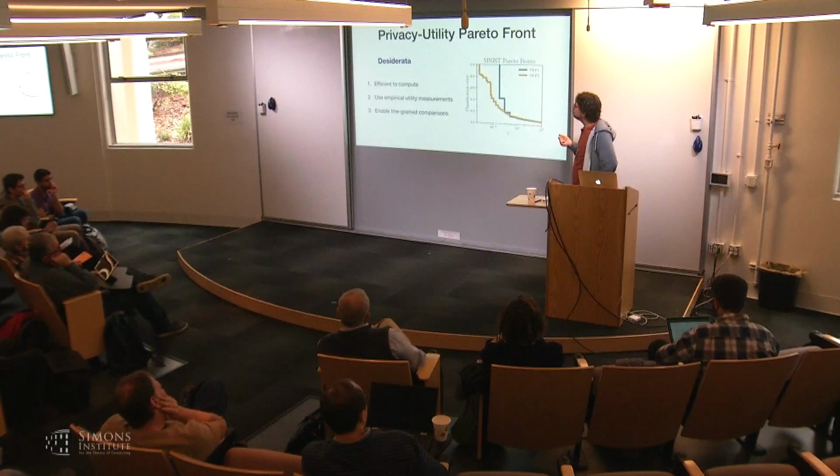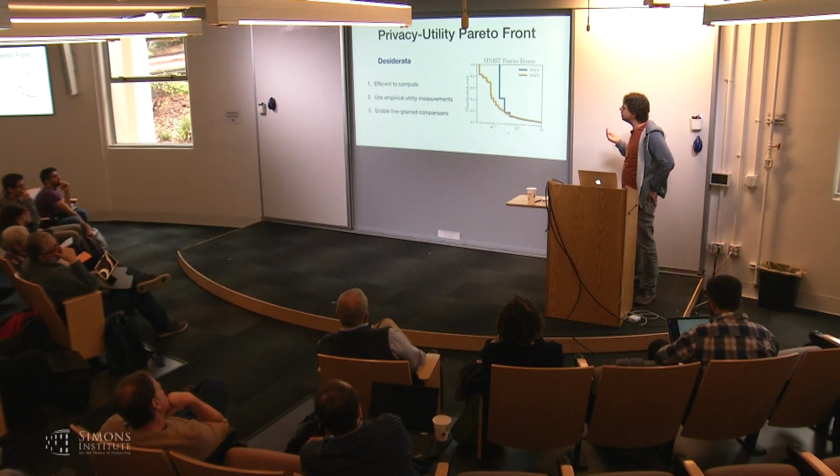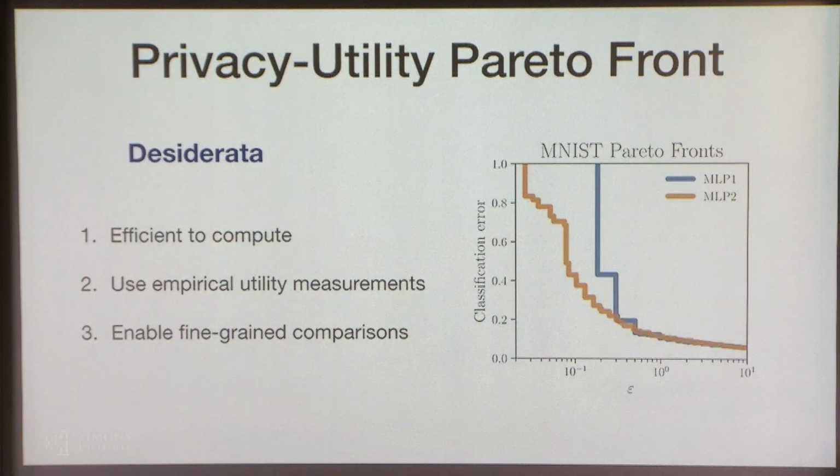And what we would like to do is be able to compute these plots relatively efficiently. And this is one of the problems with machine learning. So to get just one point in here, you might need to train one or more machine learning models. And when you're talking about deep learning models, this can take hours or even days, depending on the size of your training data sets. So we really want to be able to do this in a reasonable time. So not evaluate the algorithm on a grid search over all possible hyperparameters. We also want to be able to do this using measurements of utility that are empirical, right? Because in many cases, we're not going to have bounds to get the utility.